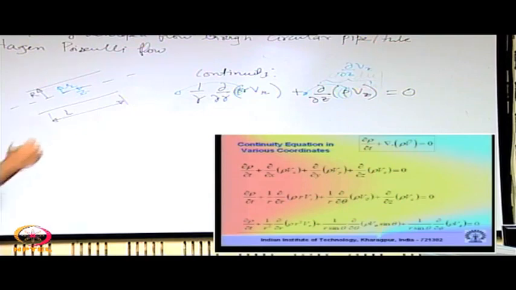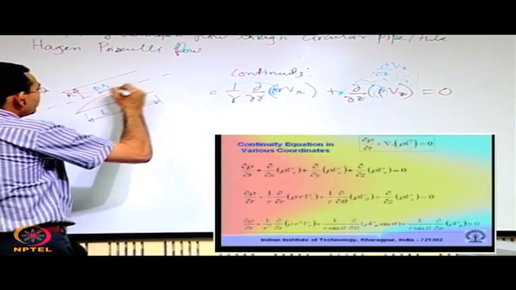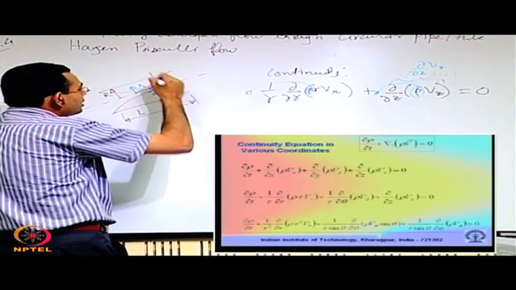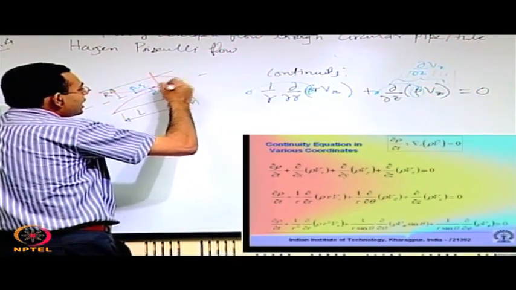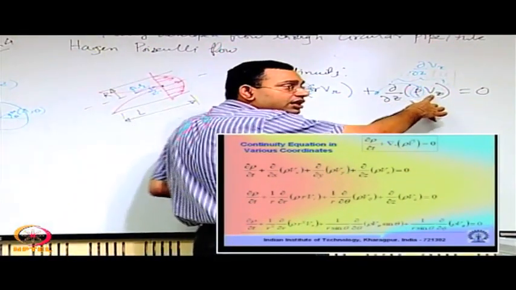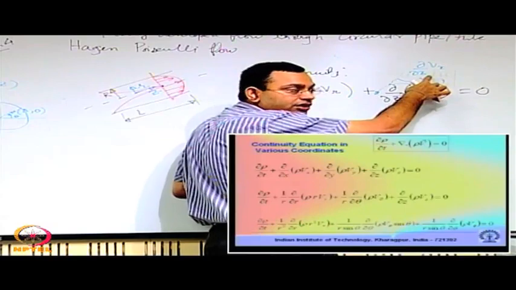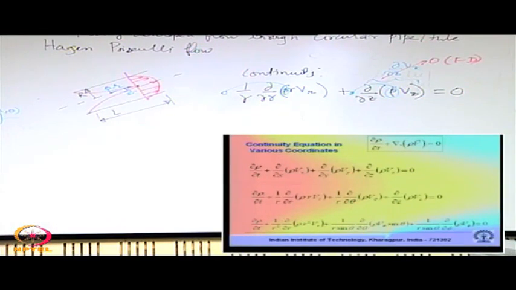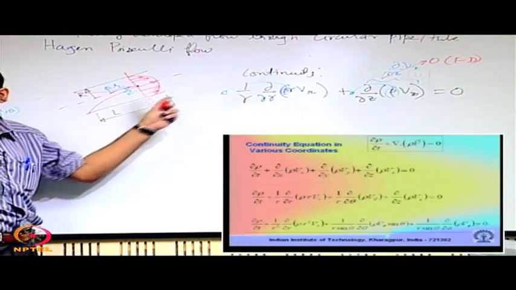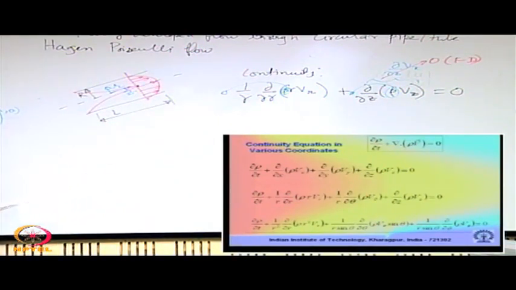What is a fully developed flow? Here also the concept from the parallel plate channel does not change. You have the boundary layers which are merging, and beyond that the velocity profile does not change further with the axial coordinate. The axial coordinate is the z coordinate. So Vz, the velocity component along the axial direction, does not change with z any further. So fully developed flow means this is equal to 0. Just like du/dx was 0 for parallel plates, here just replace u with Vz and x with z, the axial coordinate. So then you are left with